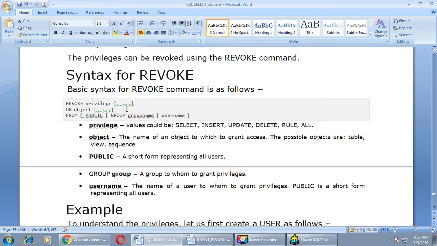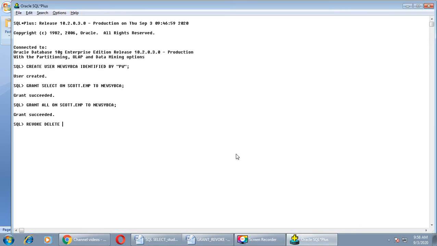So you can see the syntax over here. Revoke privilege: select, insert, update, delete, rule or all. I just want to take back the delete privilege from a particular user. For that I will write revoke delete on scott.emp from new SYBCA. Semicolon and press enter.